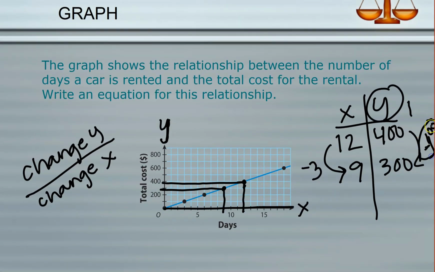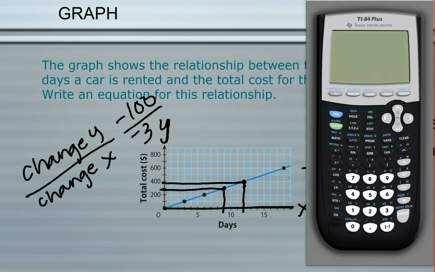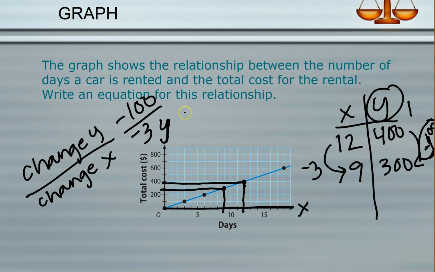My y changed by 100, so it went down 100. How much did my x change? My x changed by minus 3, so it went down 3. And then what you do is you divide. So I'm going to divide negative 100 divided by negative 3, and we got 33 and 0.3 repeating. So I'm going to write